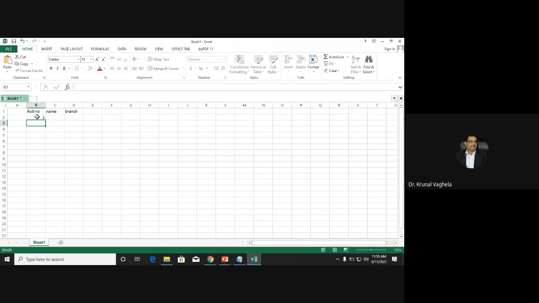Roll numbers 1, 2, 3, 4 and 5. Names, for example, A, B, C, D, E. And branch, for example, CE, IT, CE, CE, IT. Consider this table.